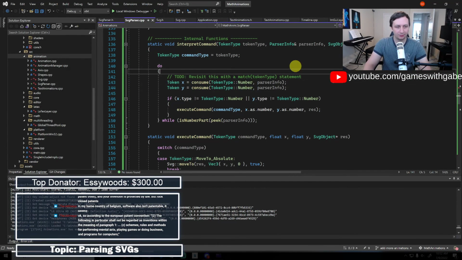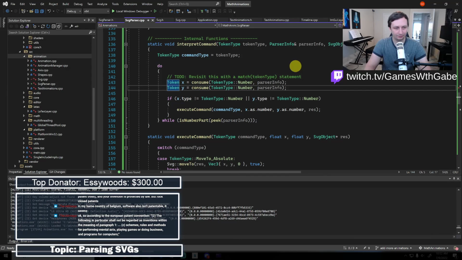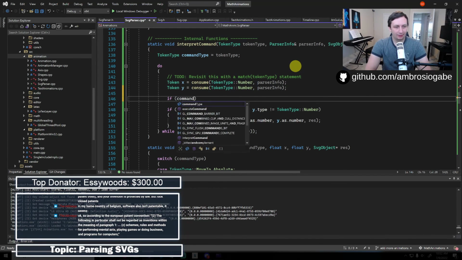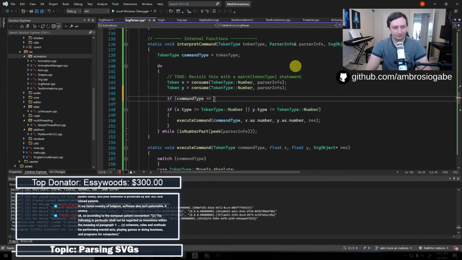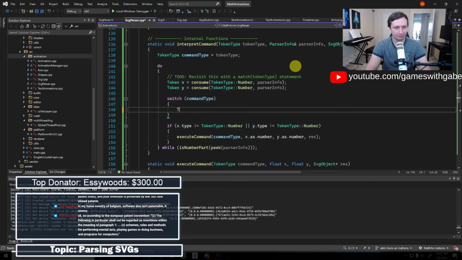Okay, so what we'll do here is we'll say we know we're going to get at least one XY pair. And then we're going to get more stuff. So if command type equals, I guess we can just do a switch. So switch command type, token type.